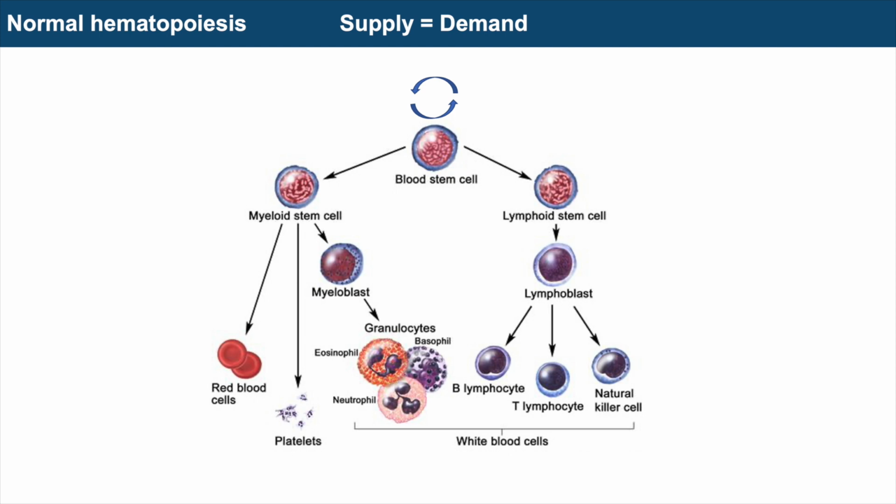So I'm sure many of you in this audience have seen a slide like this before, and this is just depicting how normal blood production occurs in the body. And so everything really starts at the level of the stem cell. We refer to this as hematopoietic stem cell, blood stem cell, and this is a very small population that we're born with, say, 100,000 of these, and they are responsible for producing the trillions and trillions of cells that keep us alive, that give us oxygen, that help us to fight infections, produce antibodies, and immunity against all kinds of pathogens.